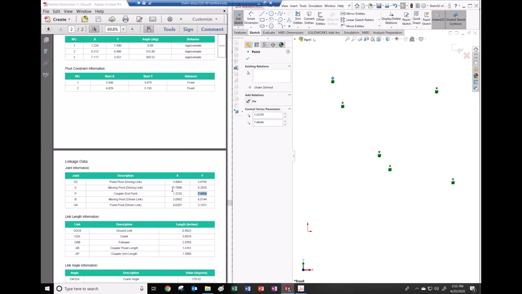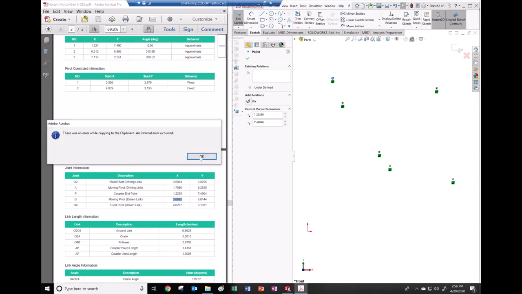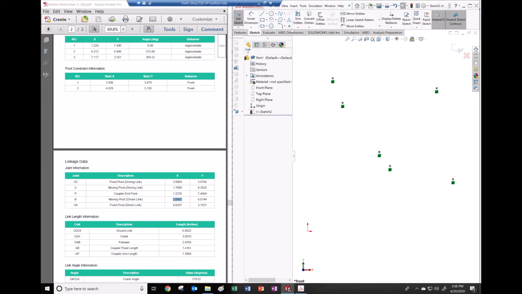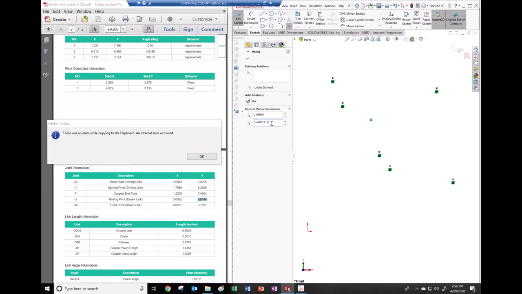Yeah, that's a precision point. That's in the posture that it's in right now. And then we have the moving pivot right here. Let's try this one. And of course it's mad at me. And then let's go to another point right here. And well, I actually got kind of close to where the thing was supposed to be. And right in there. Okay, so these should give me